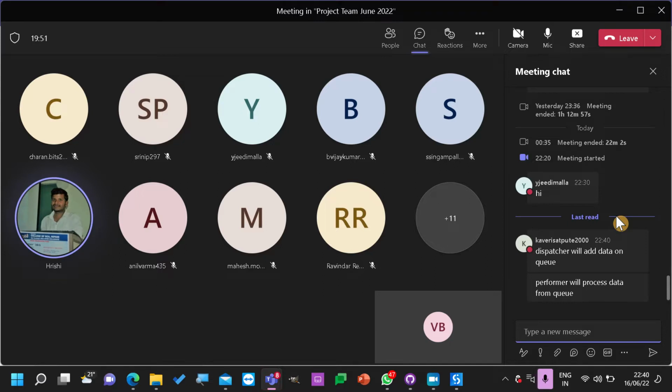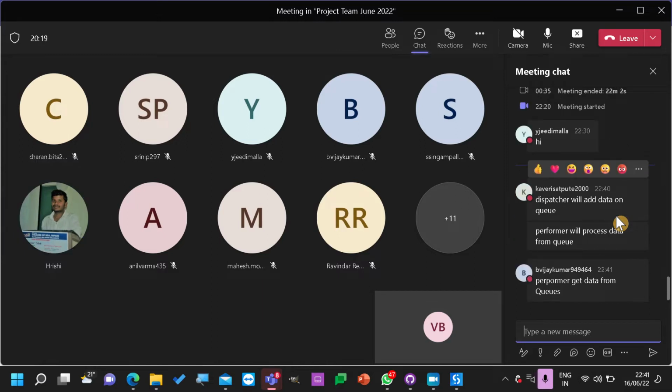Rishi, your voice is not proper. You need to check with your mic. Either keep your mic near your mouth and talk, or else, because every time you try to talk, this is what is happening. Performer will process the data from the queue. Okay. Rishi, you want to give it a try? Yeah, but I think my mic issue.